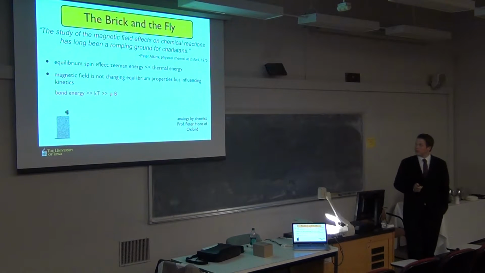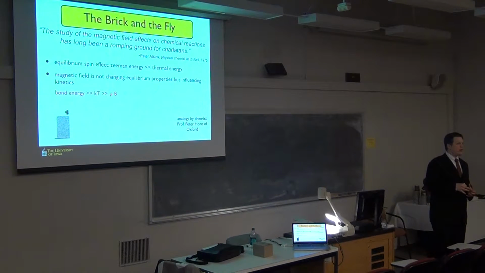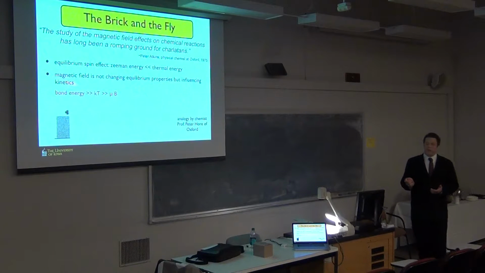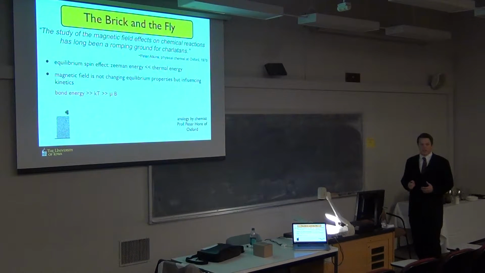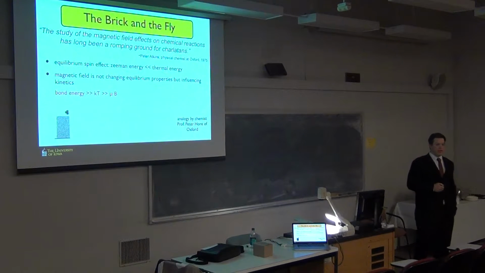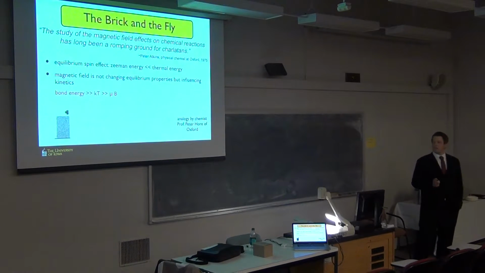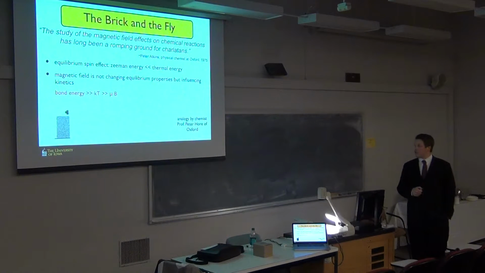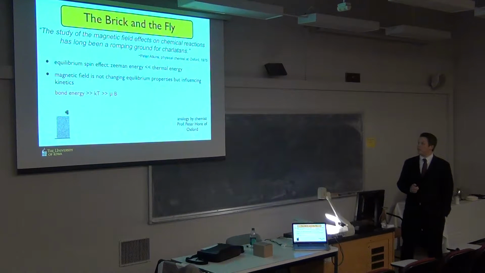And this is somewhat surprising, because chemical reactions depend on bonds, and bonds have very strong, very large energies on the order of electron volts, which are much larger than room temperature for one, and which is much larger than the energy in a magnetic field. So the magnetic fields we're going to be talking about are much less than a Tesla, maybe 100 millitesla or even less. So those energies are only micro electron volts, whereas kT is 25 millielectron volts. So very different energy scales here. So it is surprising that a magnetic field could affect very large changes in materials.